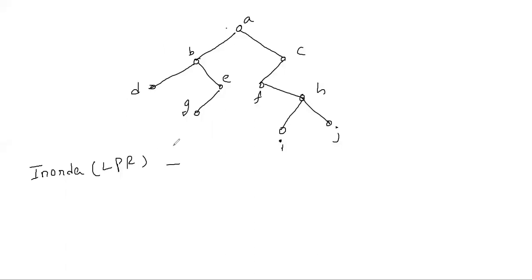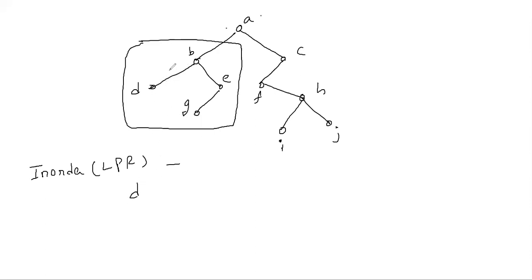First apply the LPR formula. LPR means come to left. This is root A, come to left. Forget about all this, you remember this box. For this, B is a subtree. For this you again think: B left. Again apply the LPR formula. B left, what is there? D is there.